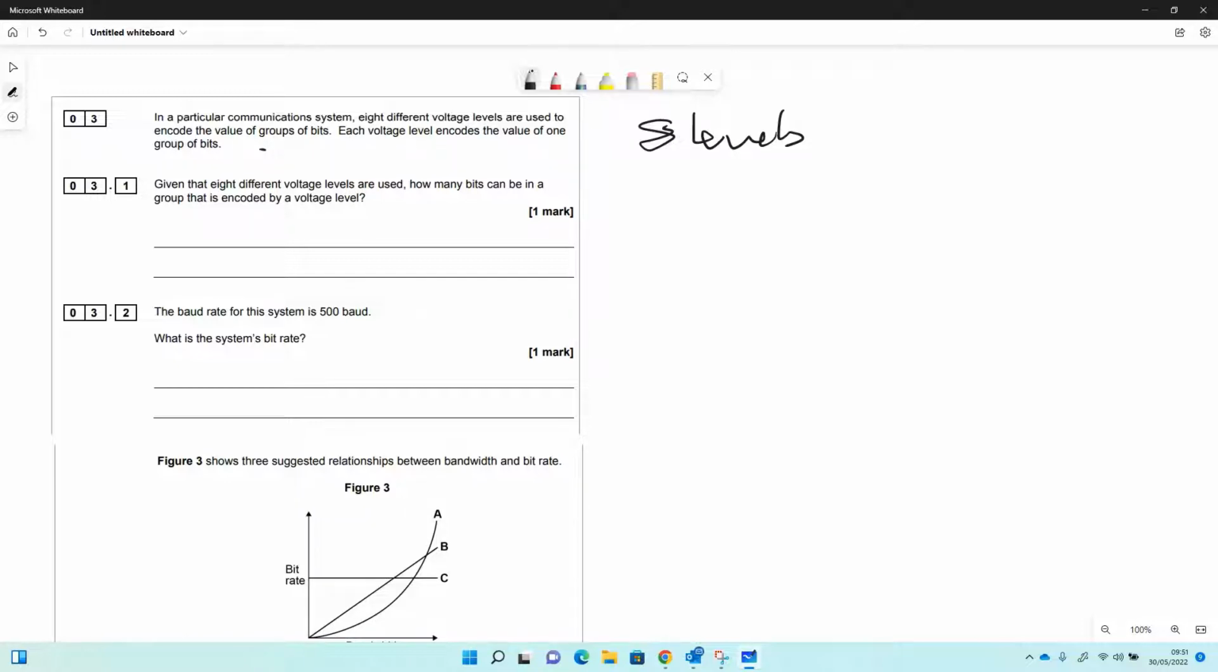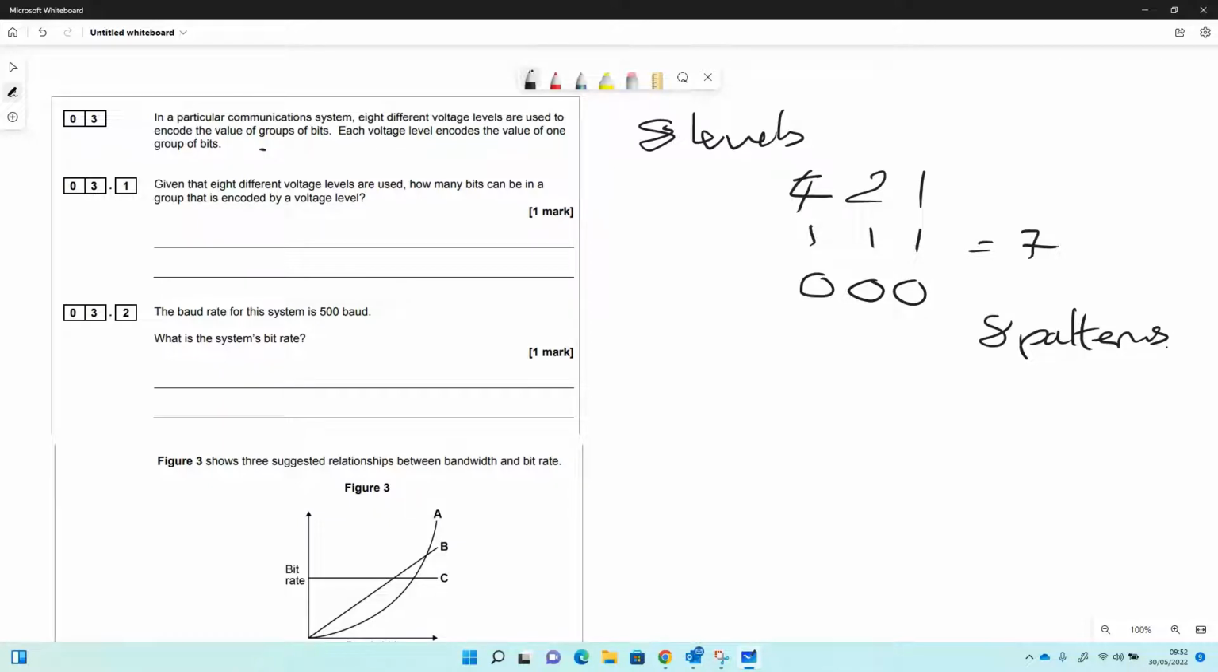So the first question that they're asking us here is, given the 8 different voltage levels are used, how many bits can be in a group? So all we're doing is thinking about our binary idea, as we've done before, to think about how many bits we can use. So how many patterns, should I say? If we have 3 ones, that is of course 7. And then we've got the 0 idea as well. So there are 8 patterns